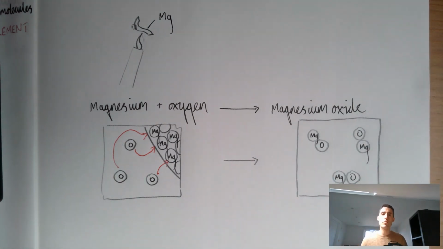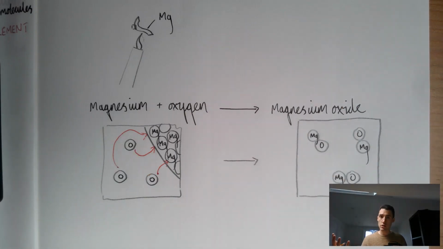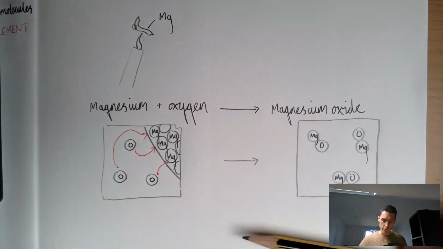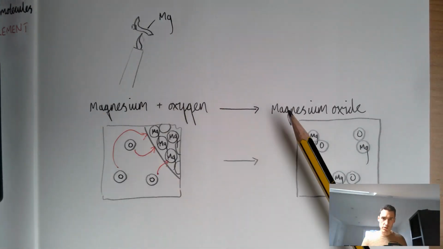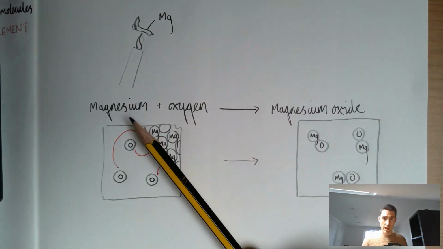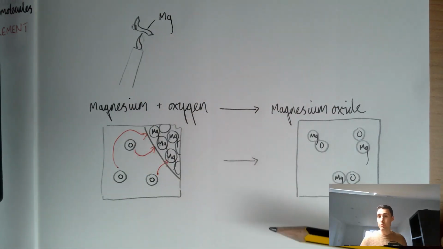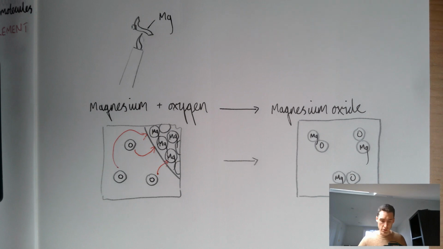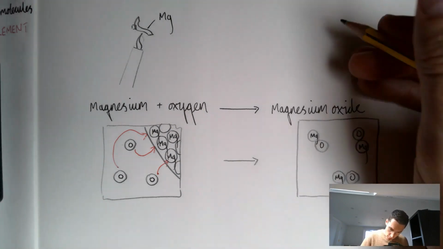But the really important point, and I think teachers often forget to do this, is once we've done this and we've given them this abstract thing, we've got to go back to the concrete. And I like to do it in a kind of U shape like that, although I have drawn these at the top here. But I like to go from macro to micro to abstract symbolism. But then we've always got to go back to the macro, back to the concrete again. And in this case, what we saw